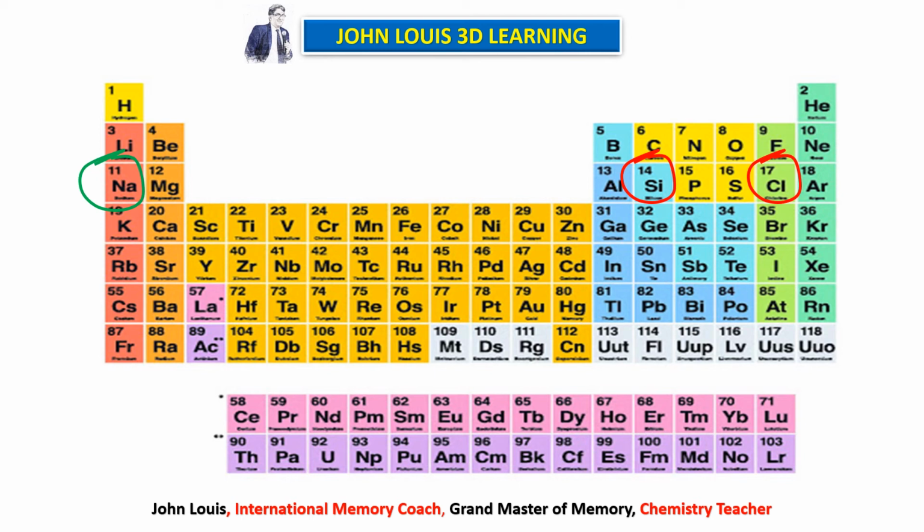They are highly stable. So now my question is, why should the chemical reactivity go on decreasing from sodium to silicon? Sodium has to lose only 1 electron, am I right? Magnesium has to lose 2 electrons to become stable. Aluminium has to lose 3 electrons to become stable. Silicon has to lose or gain 4 electrons to become stable. Therefore, the tendency to lose electrons goes on decreasing because the number of electrons to be lost is increasing, and at the same time the size also goes on decreasing. That is why the chemical reactivity up to silicon goes on decreasing.